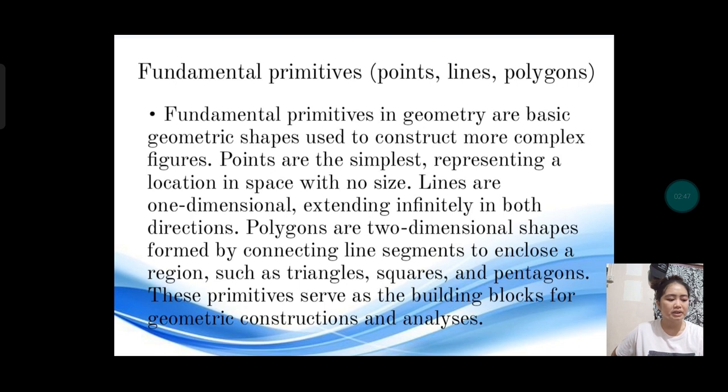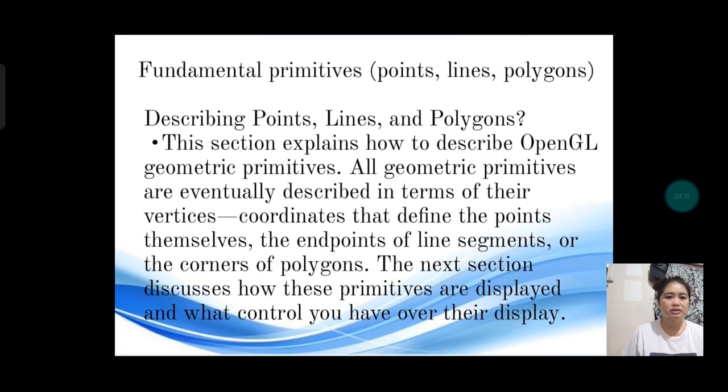When OpenGL performs calculations, it assumes that points are represented as vectors of floating point numbers. However, a point is typically, but not always, drawn as a single pixel, and many different points with slightly different coordinates could be drawn by OpenGL at the same pixel. So, describing points, lines, and polygons. This section explains how to describe OpenGL geometric primitives.